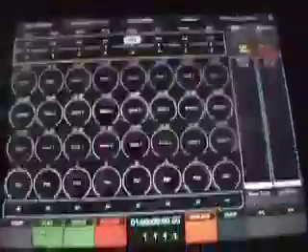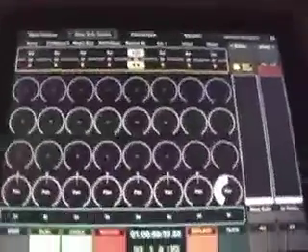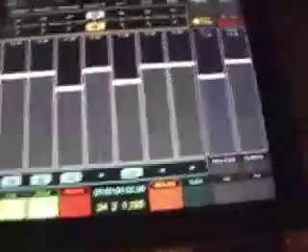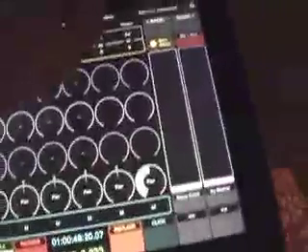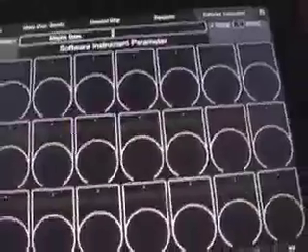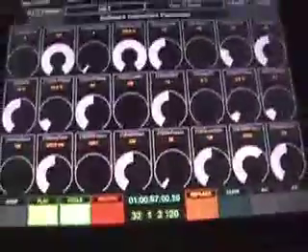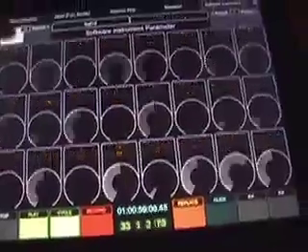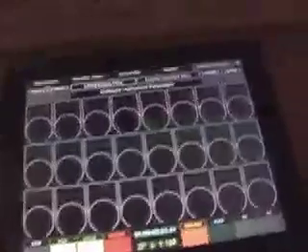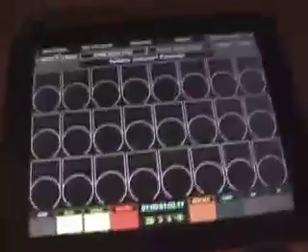Other stuff you can do is sends and panning stuff. That's not a problem. You can also control all the software instruments, all the parameters of the software instruments. So that's all the parameters for my Virus, which is totally controllable from my hand now, which is nice. Basically, yeah, I'd recommend it. Everybody should definitely get one of these if they're even mildly